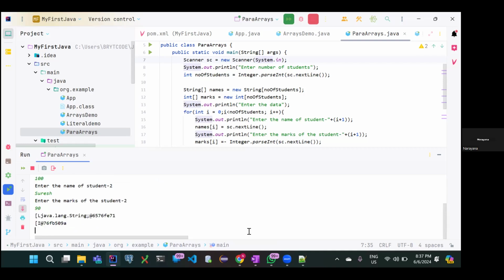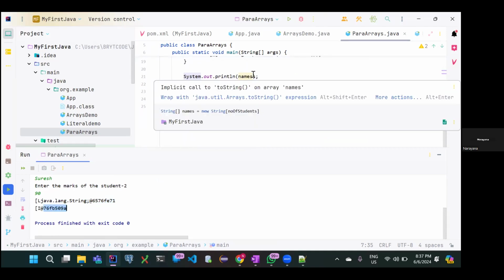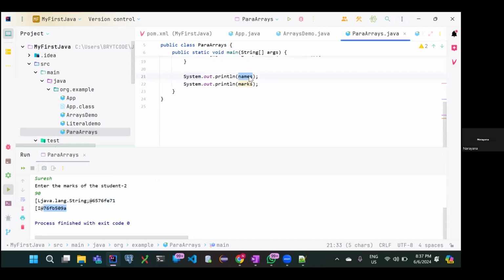Suresh 90. If you see here, it is showing something like a string, some number, I, some number. I'm printing arrays basically. This array got 2 names, this marks got 2 marks, but it's not printing the arrays. Why is it so? That is so because